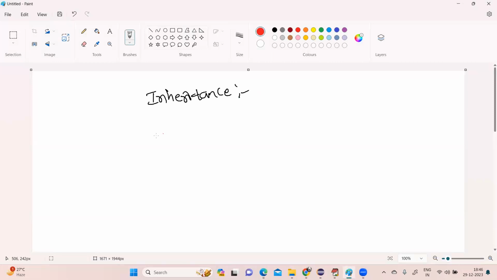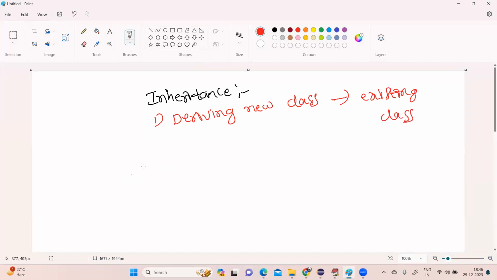Here we have several definitions for inheritance. The first one is deriving a new class from an already existing class. Deriving a new class from an already existing class is called inheritance. Second definition is